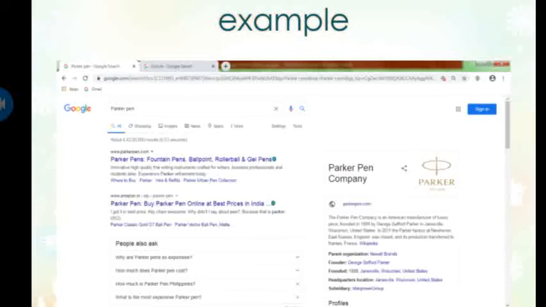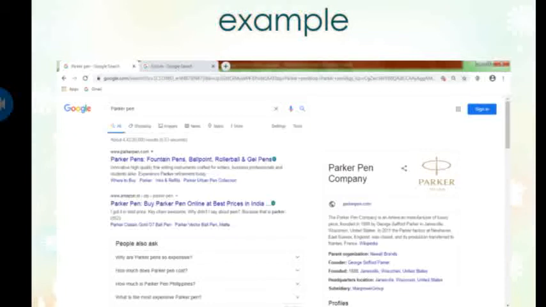I have taken a snapshot of only the first 2 results. The first result is the site www.parkerpen.com, and the heading given is Parker pens, fountain pens and ballpoint. Then at the second position, there is one more website, www.amazon and Parker pen.